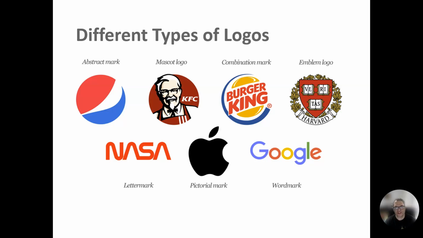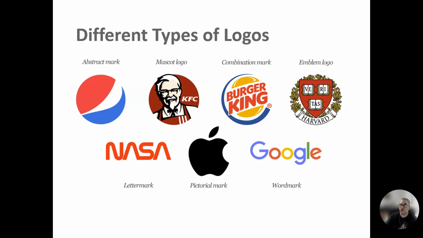Now, the combination mark is a combination of 2 or more marks or logo types in any other way. For example, Burger King uses an abstract mark to create a burger, and they also use what we call a word mark, where the company is spelled out in one letter or one word or sentence pretty much as the logo. Burger King uses both. And as you can see in the word mark down below, Google, just spelled Google a lot of times, and that's it. That's the word mark right there. It's using the name of the company as the logo.